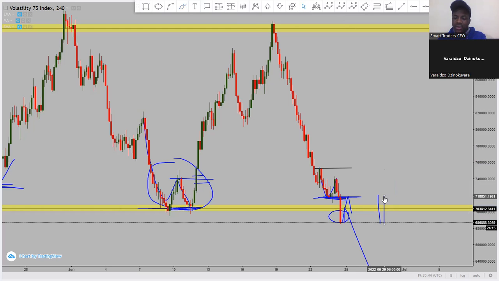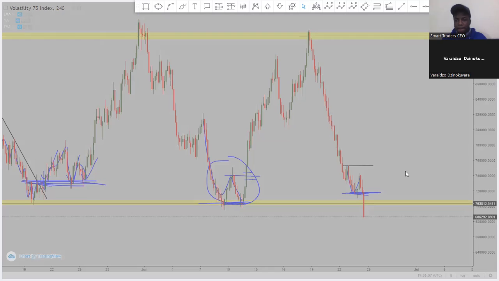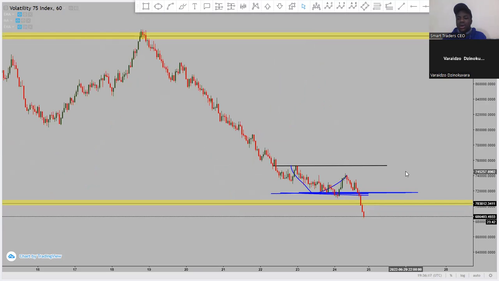So just in case that does not happen, you simply need to wait for the rejections. The rejections are key on a smaller time frame entry that you'll be entering. That's why you don't just enter. You wait for the rejection, then you enter. So now, already this one is closing below our zone. So once that has happened, we simply want a pullback on a smaller time frame. Even on the 4 hour, we also want a pullback. So the pullback, once it happens on a smaller time frame, what we are looking for is simply rejection candlestick patterns.